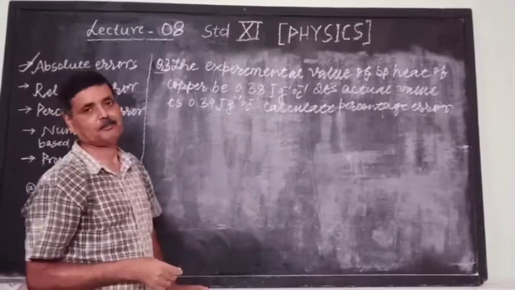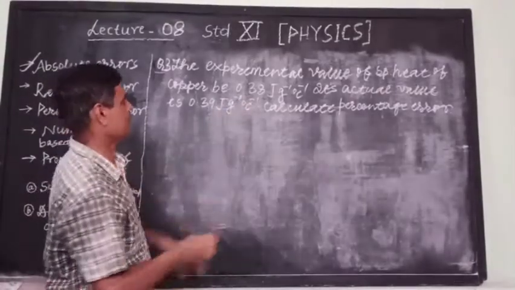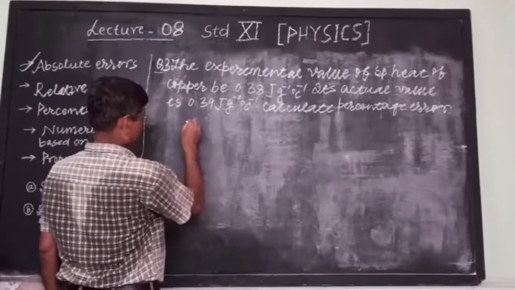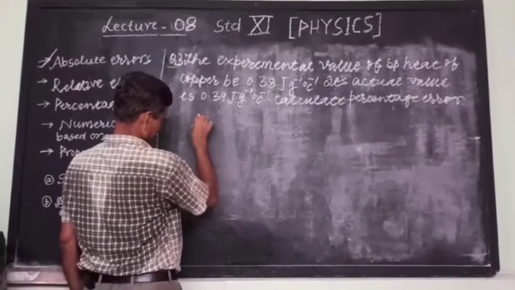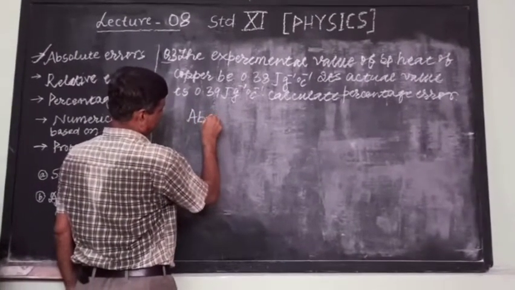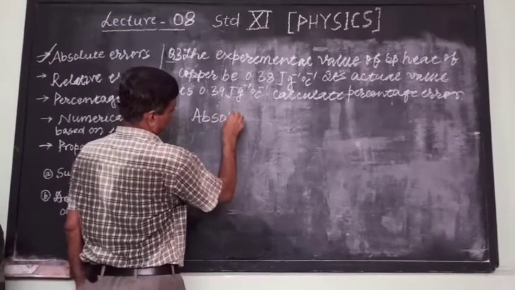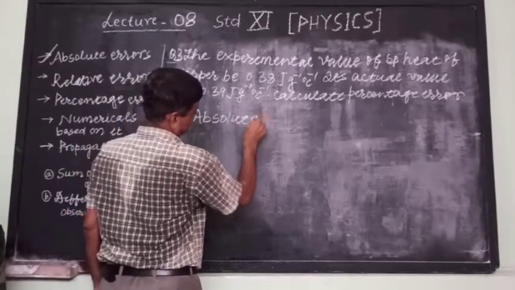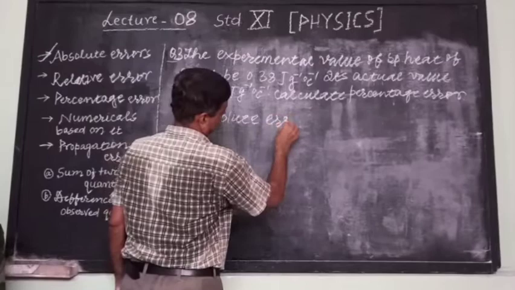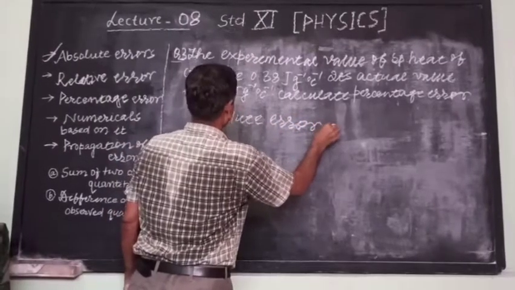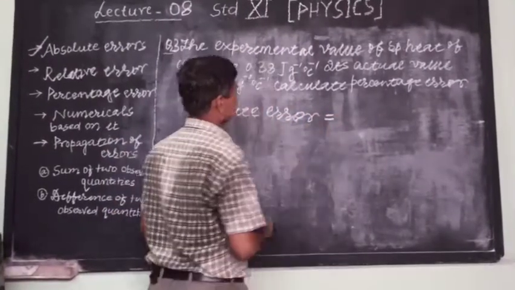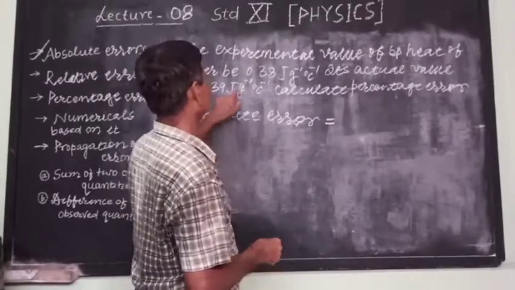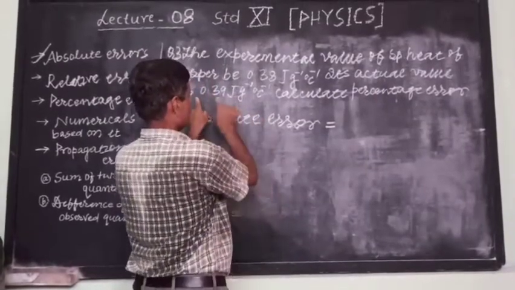To calculate the percentage error, first of all you should calculate absolute error. What will be the absolute error? This is the difference of these two. Actual value are